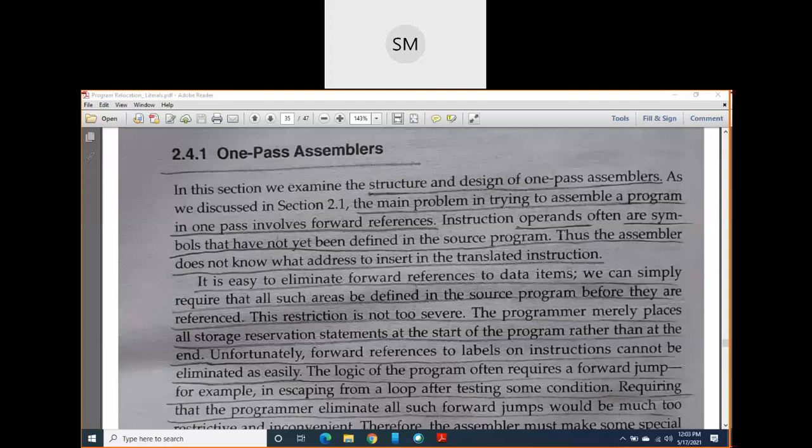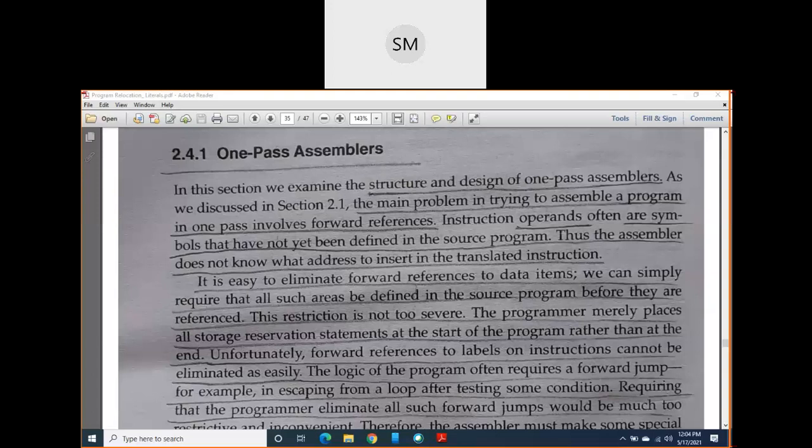It means that instead of using assemblers which involve two passes, pass 1 and pass 2, I want to reduce the number of passes. Instead of two passes, I want to use only one pass in my assembler. How is it possible? It is possible when you eliminate these forward references.